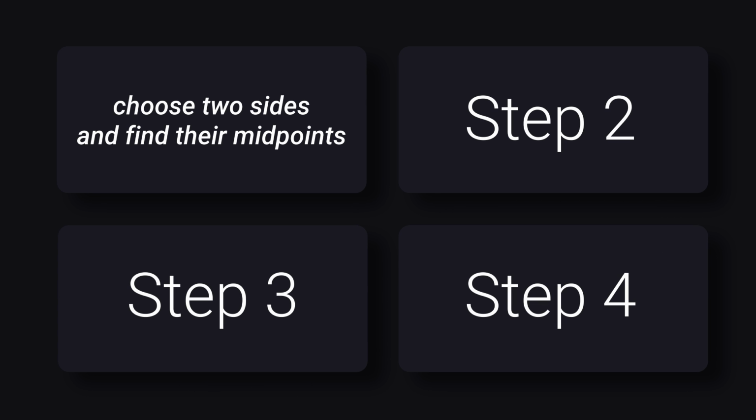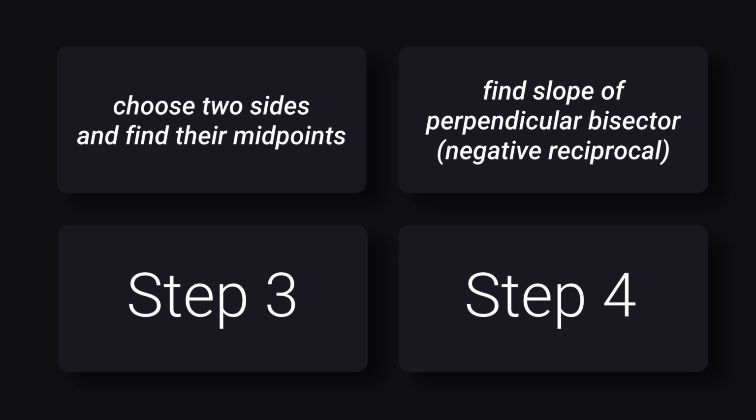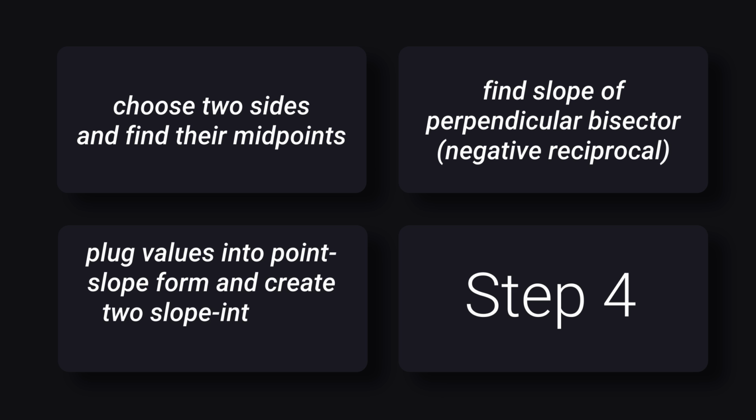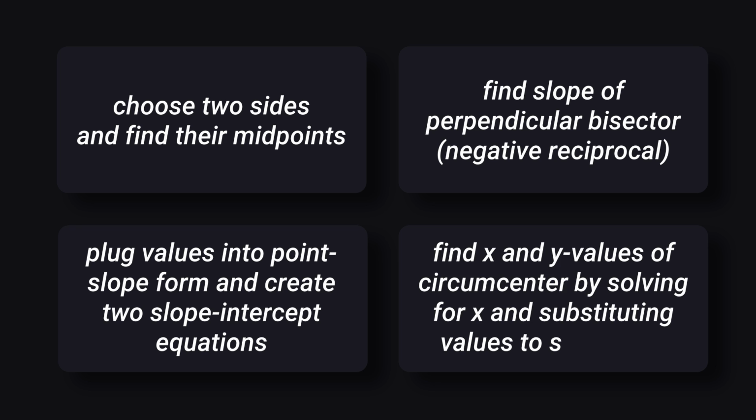First, we will need to choose 2 sides on our triangle and find the midpoints of both of them. Secondly, we need to find the perpendicular slope for each side. Then, we need to plug both slopes and the respective points into point-slope form and come up with 2 equations in slope-intercept form. We finally need to find the x and y values of the circumcenter by setting both equations equal to each other, solving for x, and then plugging the x value into one of the equations to find